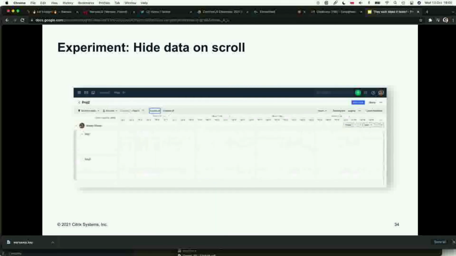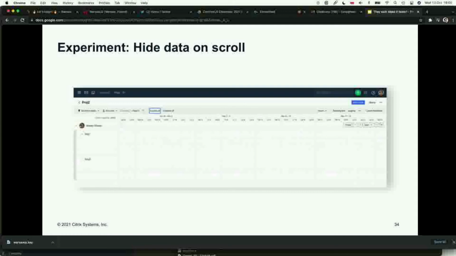Another experiment that we have, this is an experiment. This was not released, we tried it. We understood that our scroll is really, really heavy, and that it was because we had to recalculate a lot of stuff during scrolling. So the idea was pretty simple. You need scrolling, please scroll.